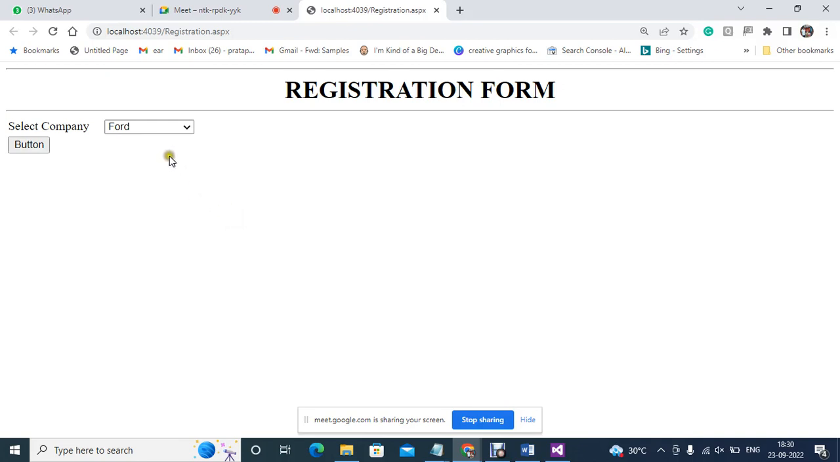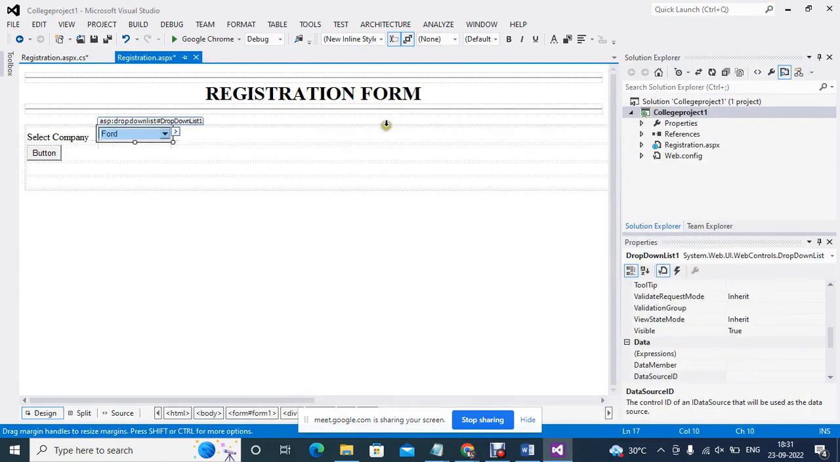The user knows that if I select my company and click the button, there will be one more drop down list in which we will see the 4 cars. Are you getting? So this will happen only when you are doing the same thing. Okay, so we have to just